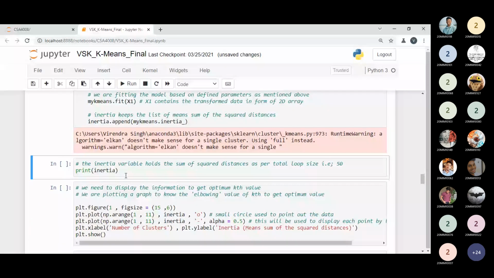So how many inertia values will be printed? Can anyone tell me right now what the total number of inertia values printed over here will be? Just tell me how many inertia values we can get.